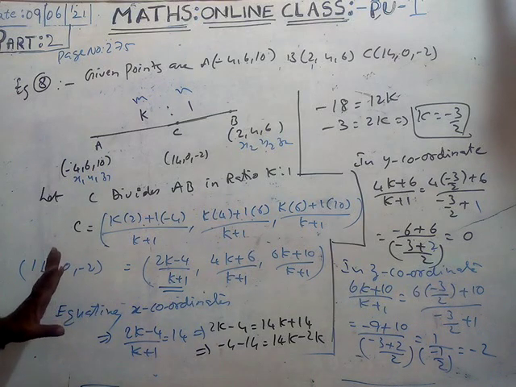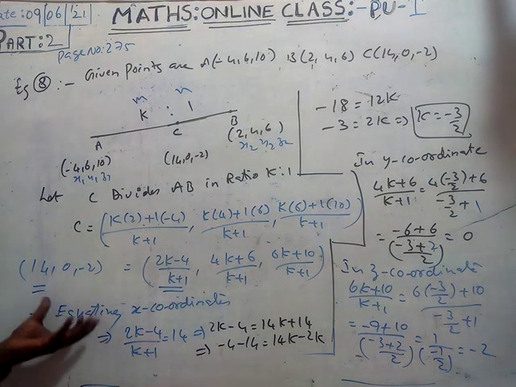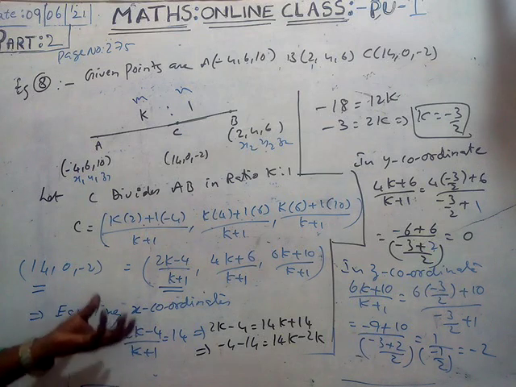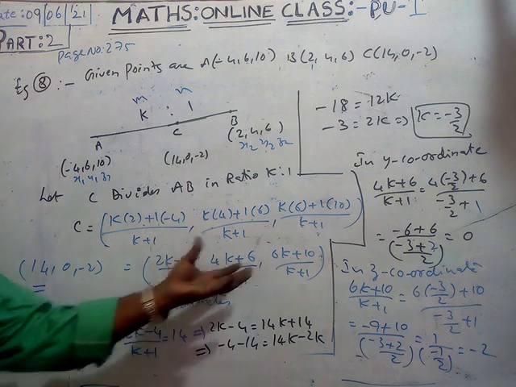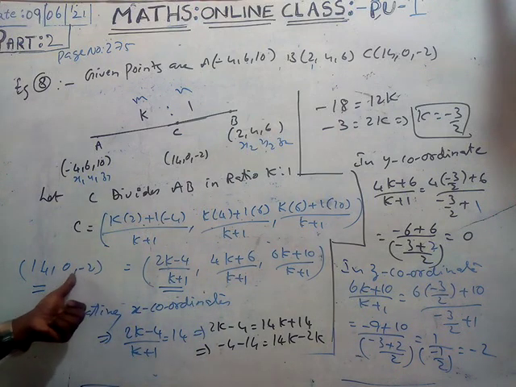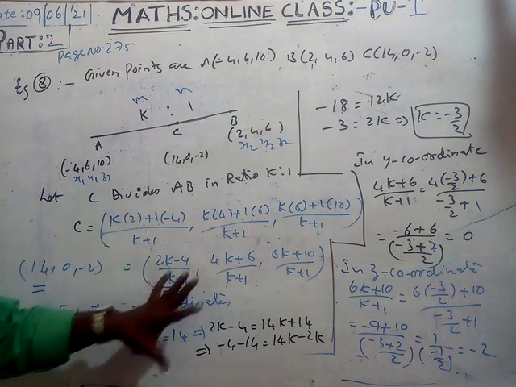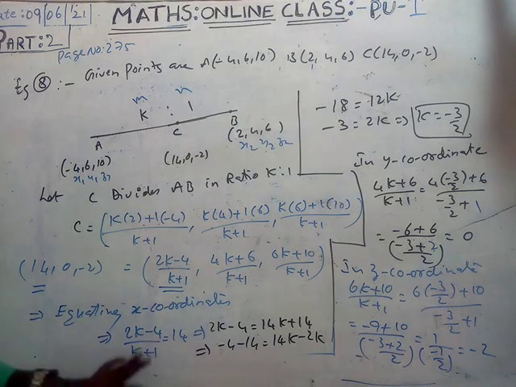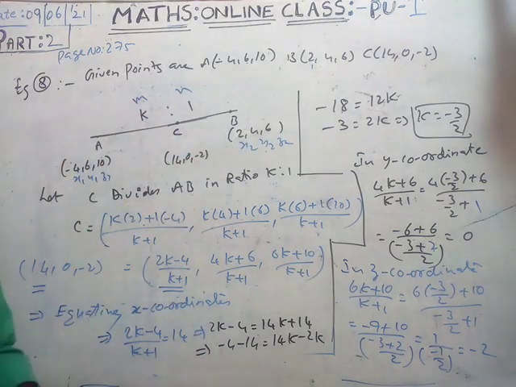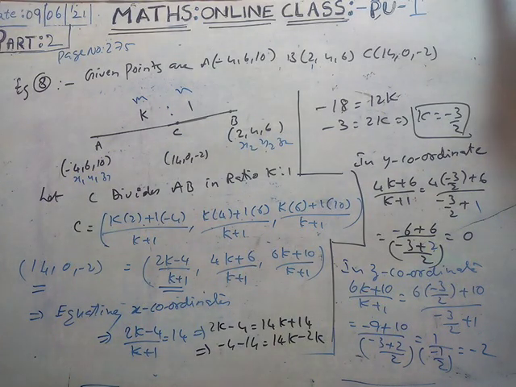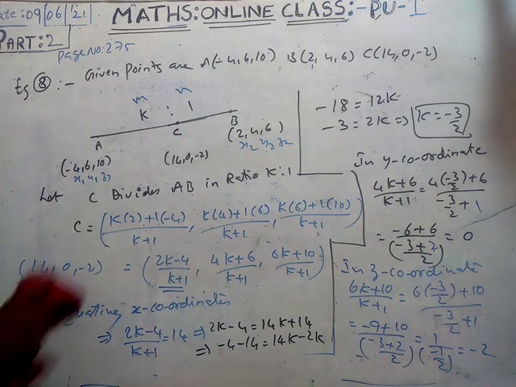It's correct. Obtain the k value by solving the x coordinates. That is applied in the y coordinate and z coordinate. It gives the same y coordinate and z coordinate. Hence, it is okay. At last, we have to write: hence, the given points are collinear. That is the concept. Okay, now we go to